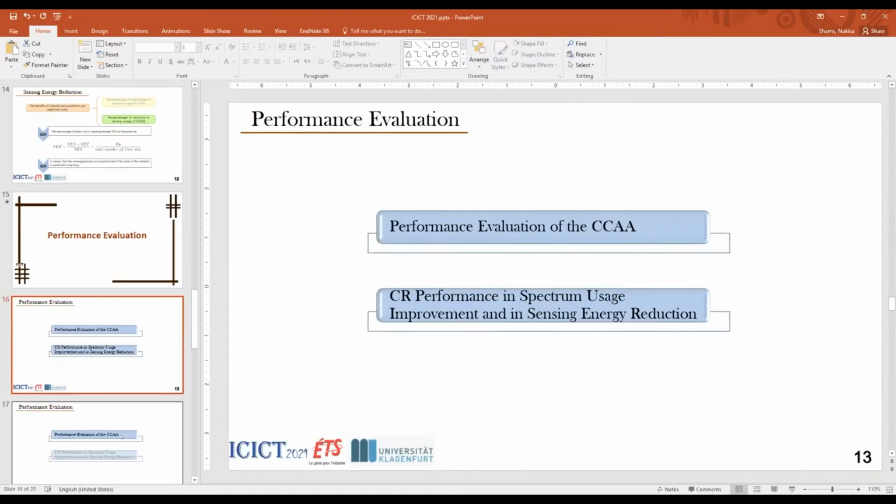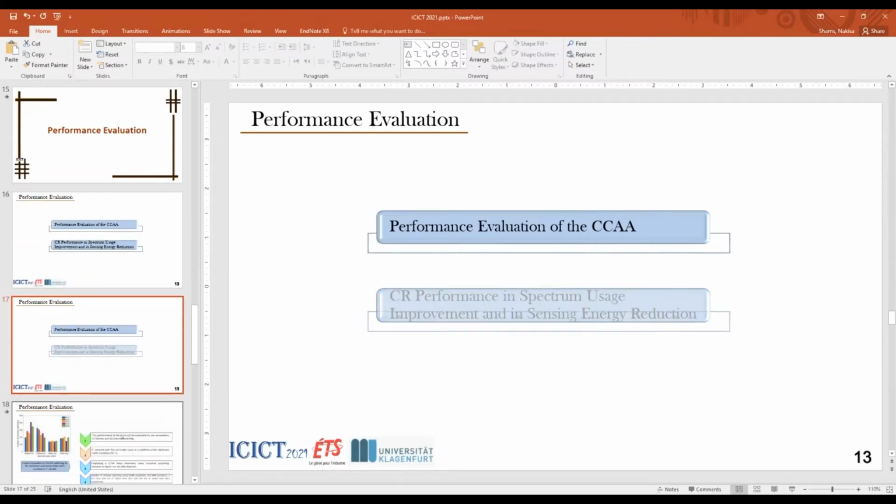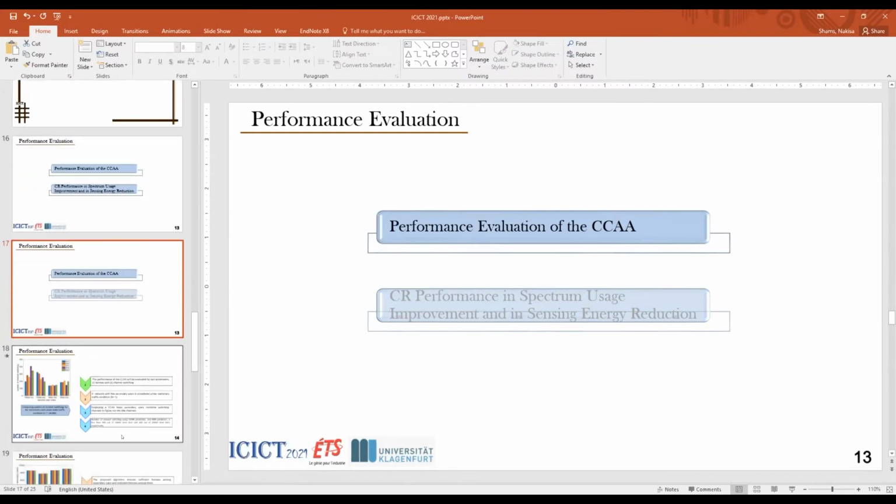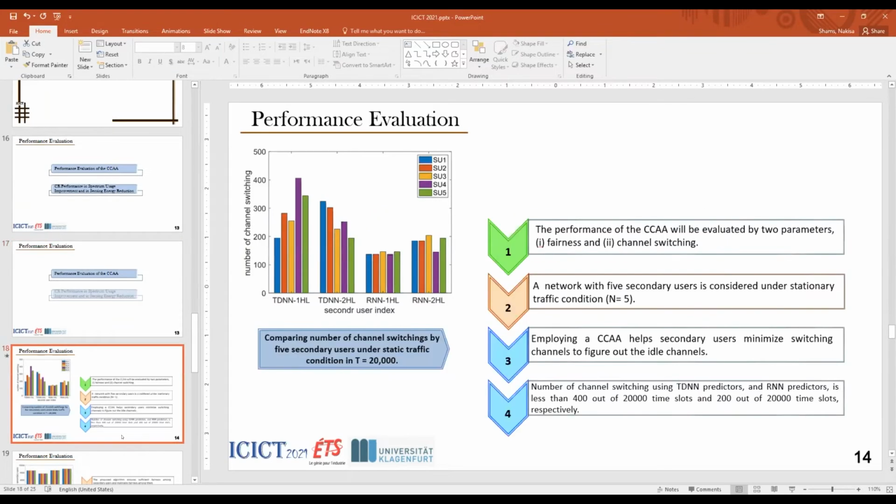Performance evaluation. Evaluation is actually divided into two groups: performance evaluation of the centralized channel allocation algorithm, and cognitive radio performance in spectrum usage improvement and in sensing energy reduction. First of all, we look at the performance evaluation of the centralized channel allocation algorithm. Here, this figure shows the comparison of the number of channel switches by 5 secondary users under